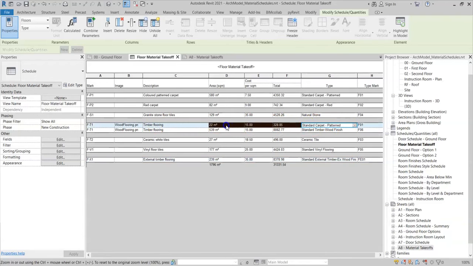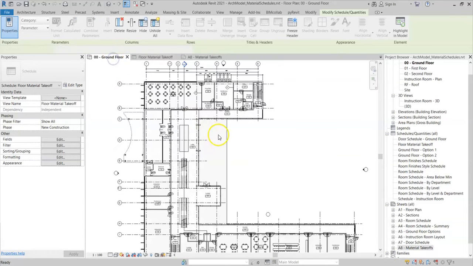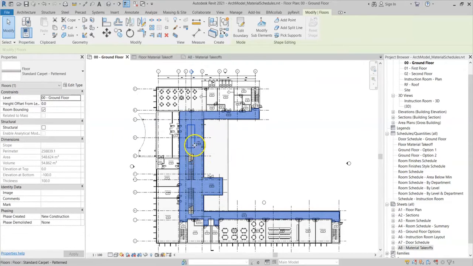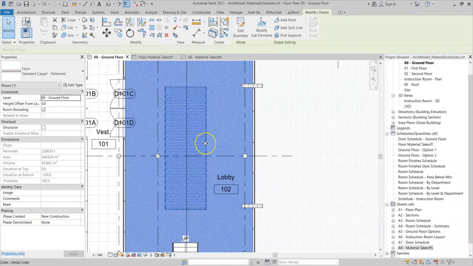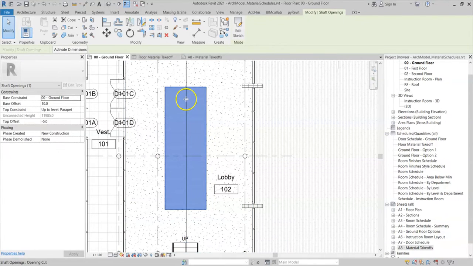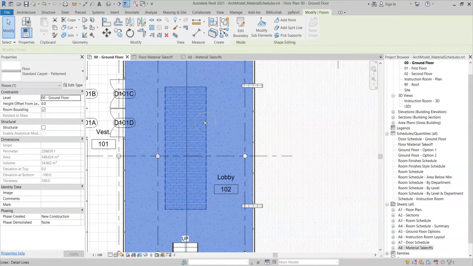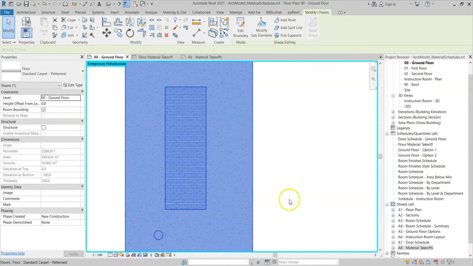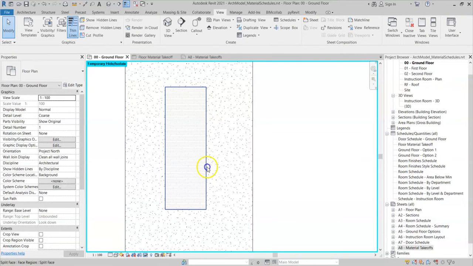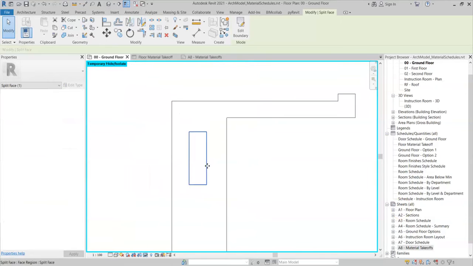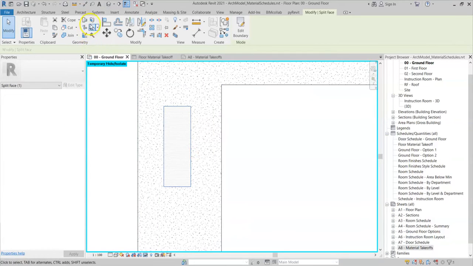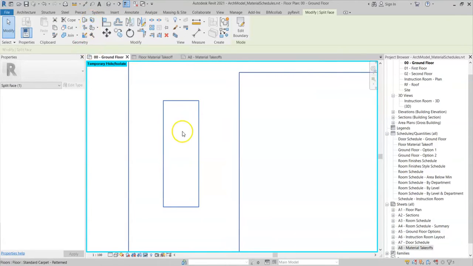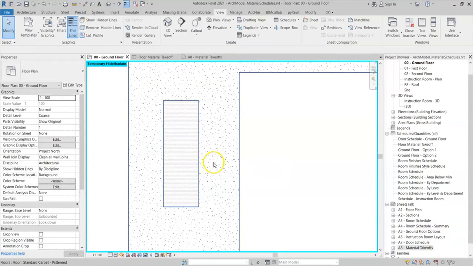So I'm going to select this row here, go to my ground floor, and you can see it's associated to this floor. Now if I zoom in, you can see here that I have a split face on this floor. I'm just going to isolate this floor in the view. And you can see here that this split surface has been created on this floor using the split surface tool, and then this material has been painted onto this floor using the